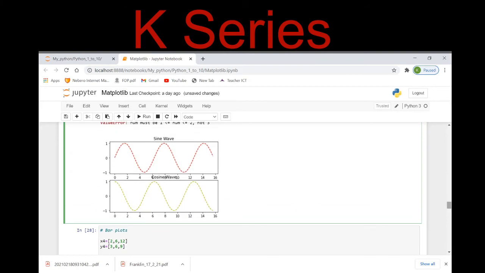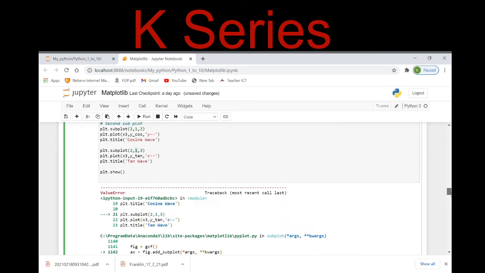See here, the subplot should be given in the entire image size, and my entire image size is between the 1 and the 2 position. It should not exceed the 2 value, and that is the reason my tan wave is not displayed, because I have given it a 3/3 space, right? I hope this is clear.